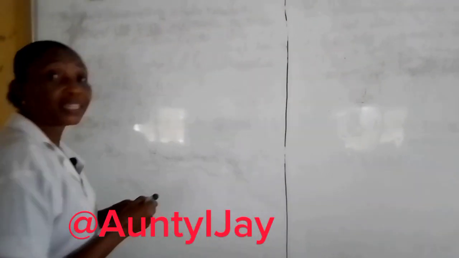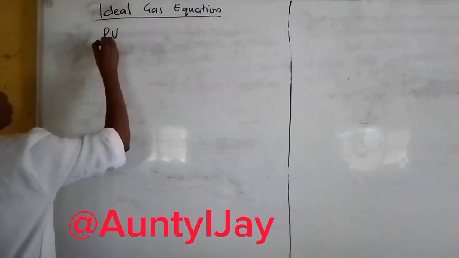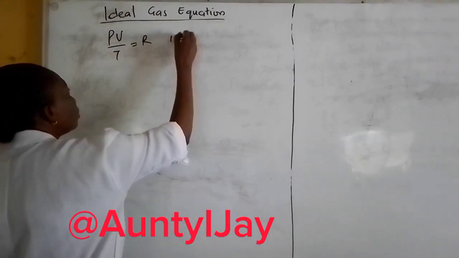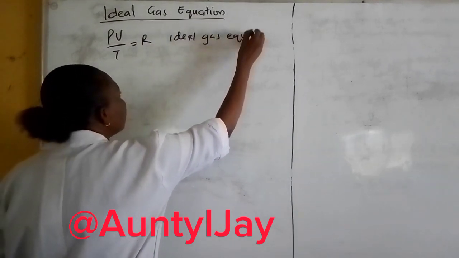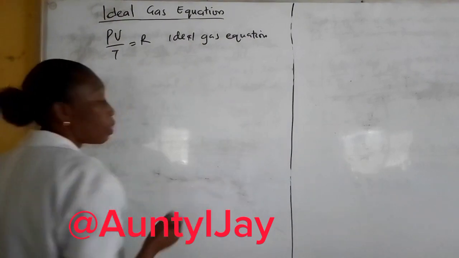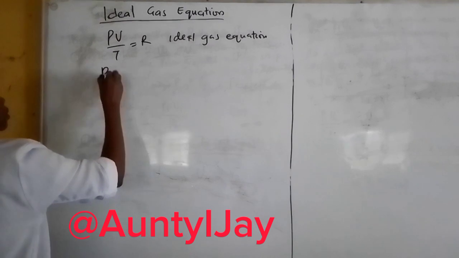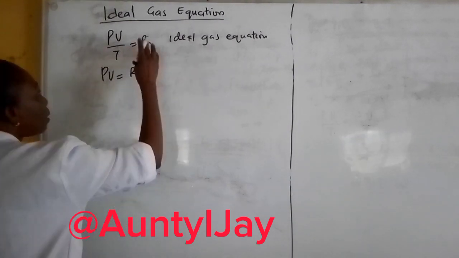Today we are going to look at the ideal gas equation. The ideal gas equation is giving us PV over T equal to R. That is what we call the ideal gas equation. So if we cross multiply, we are going to have PV equals RT, where R